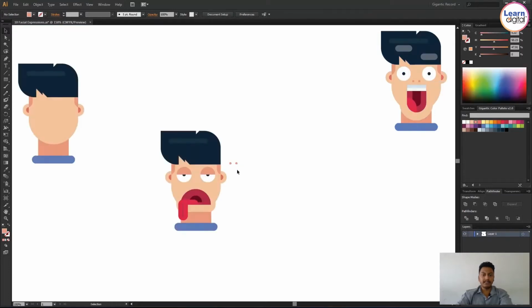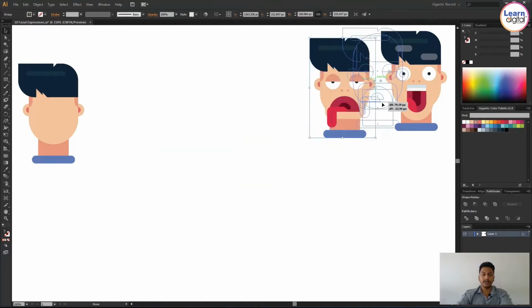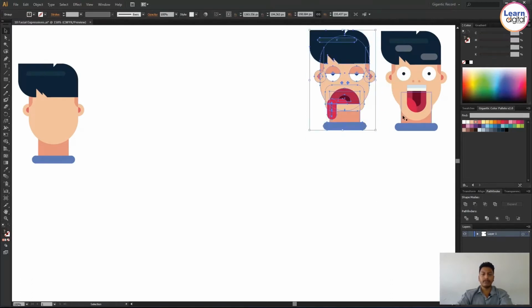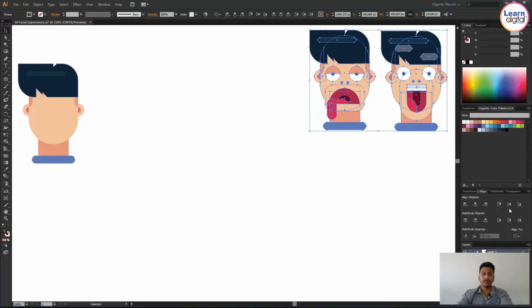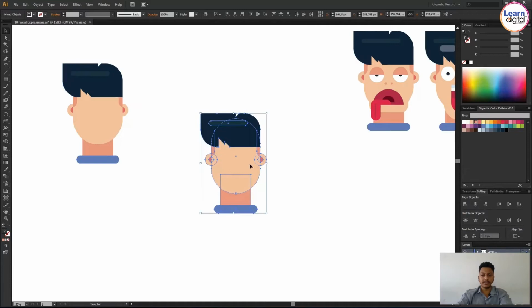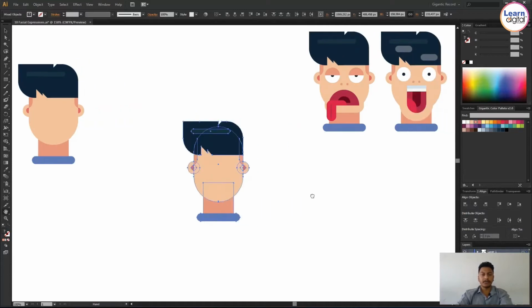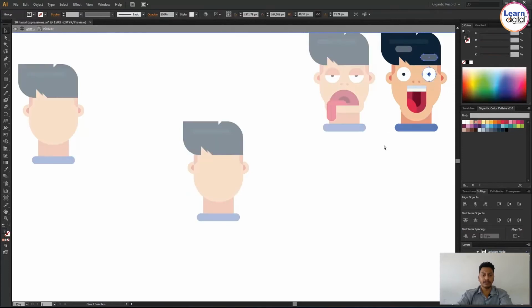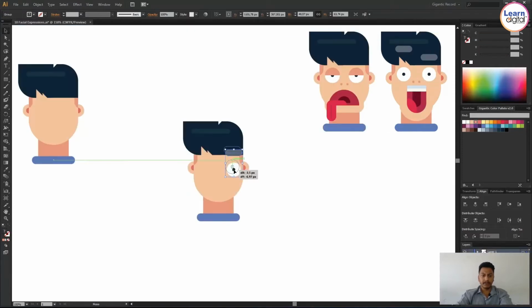If it is a similar design or similar parts, there's no need to create again. You can just take a copy and place it wherever you need. And don't forget to create a group. Once one character expression is done, select everything and make a group. It will be easier to move, easier to place wherever you need, and also helpful for proper alignments. Already two facial expressions are done. Just repeat the process. It will be more beautiful and helpful for you guys also. Do a lot more experiments.